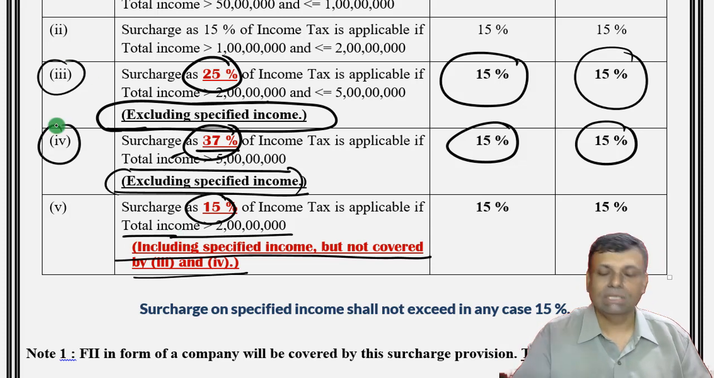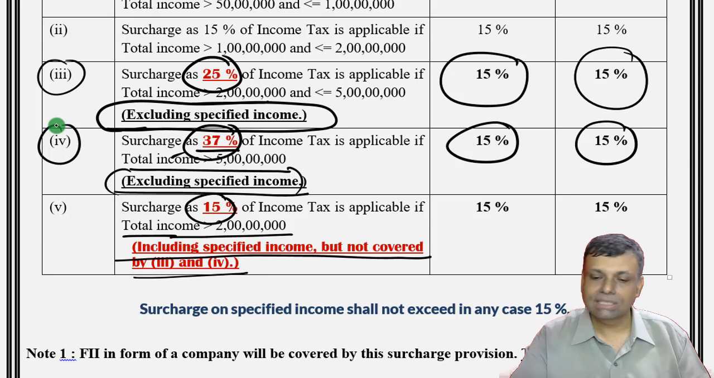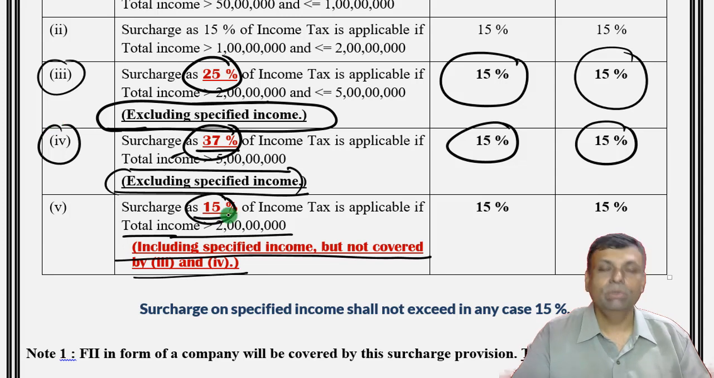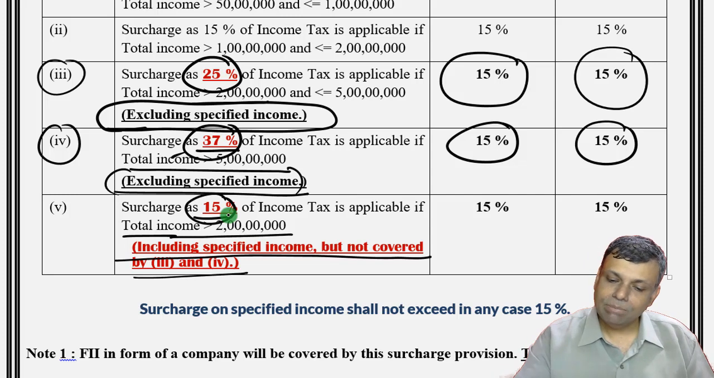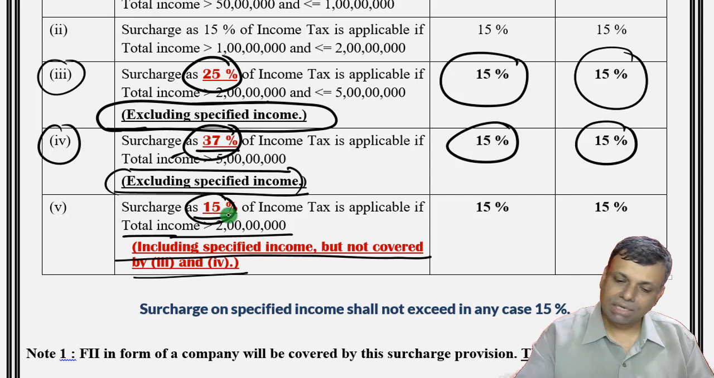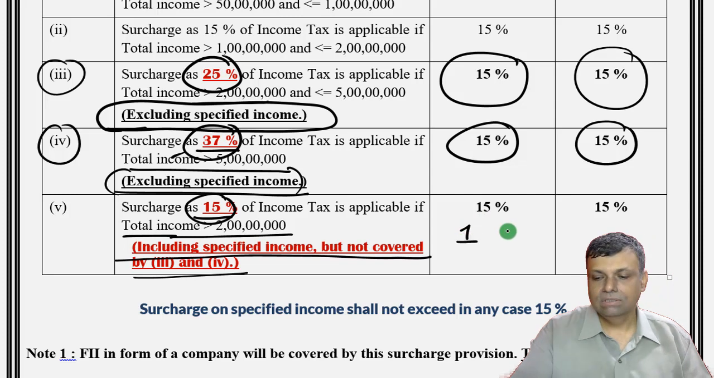That means you are anyway not covered by the higher category of the surcharge. In that particular case, your surcharge will be only 15%. Okay, so for example, I'll just give you one very simple example. Supposing your specified income is 1 crore rupees,